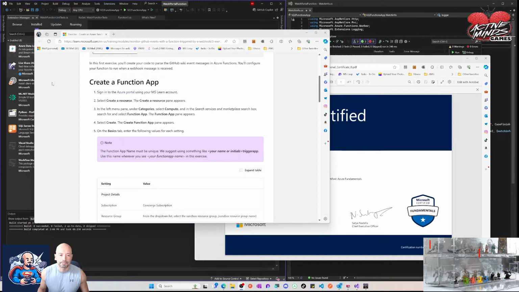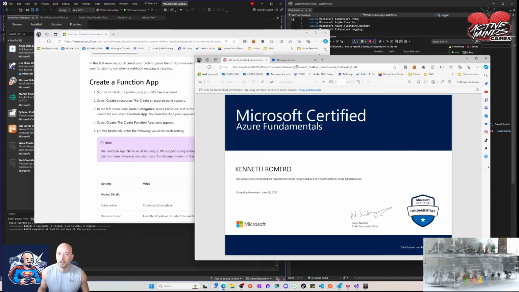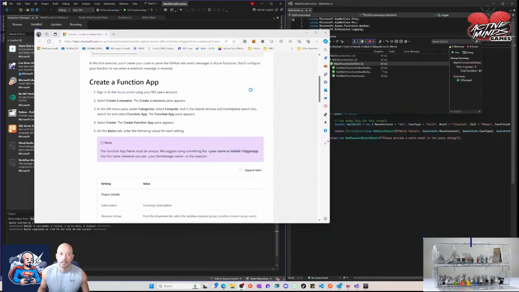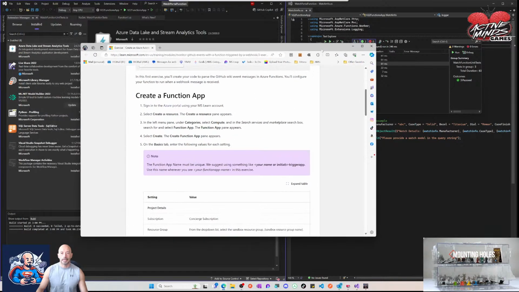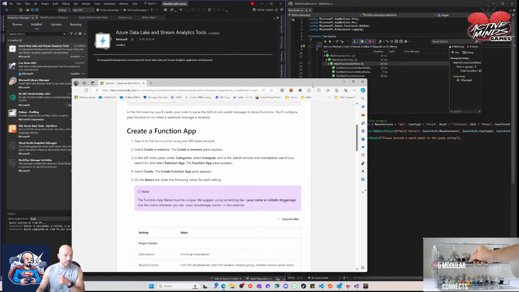Here we go again. We have Module 5. This is the first item in Module 5. I've gone through the videos already. This is the part where we start doing webhooks. Going to do webhooks and activate a function based on a webhook,